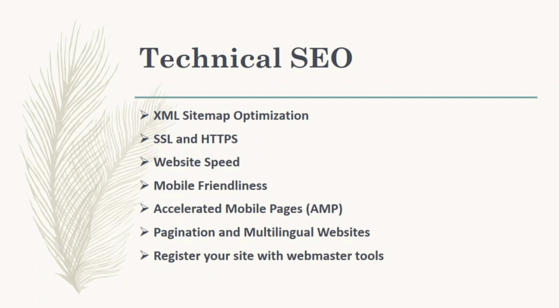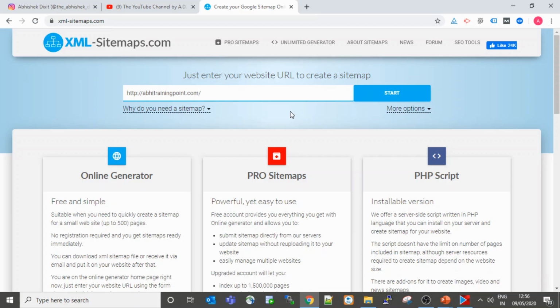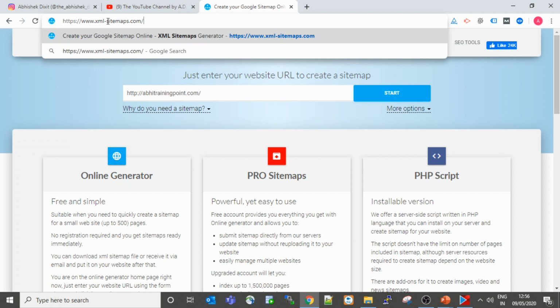So what is SSL, and what is HTTPS? Most of you are aware of HTTPS, I think, because everyone is using the internet, and if you go to any website which is not HTTPS, it will give you a "not secure" connection option over there. So I will show you. If you can see, this website is HTTPS, right?